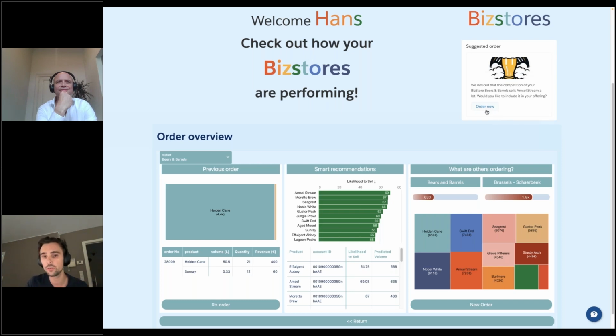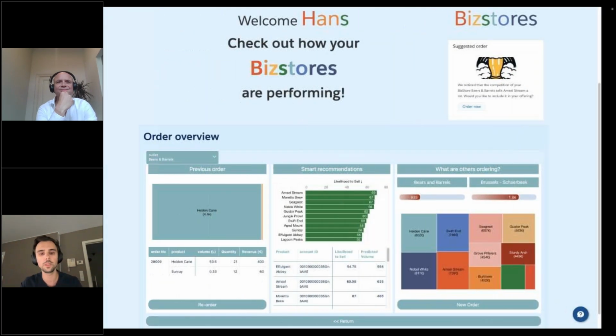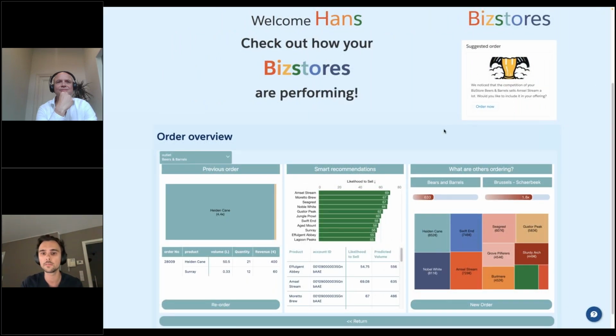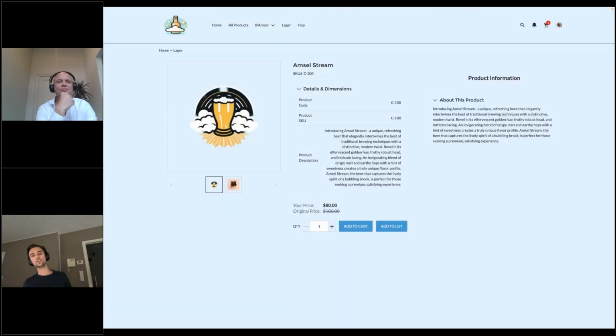If I go on the order now, I can easily go to the product information. I see the price. I also get this beautiful product description: Amstel Stream is a unique, refreshing beer that elegantly intertwines the best of traditional brewing techniques with a distinctive modern twist. After Hans has read this, he is immediately sold. First of all, he wants to taste it, and he wants to make it available